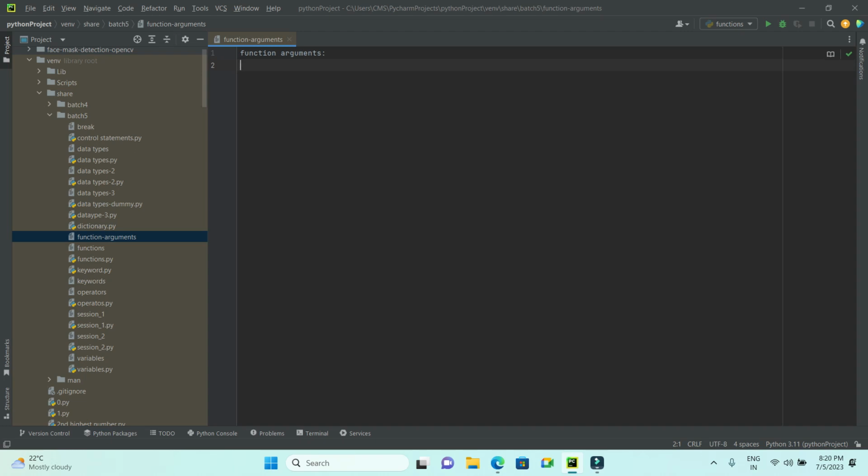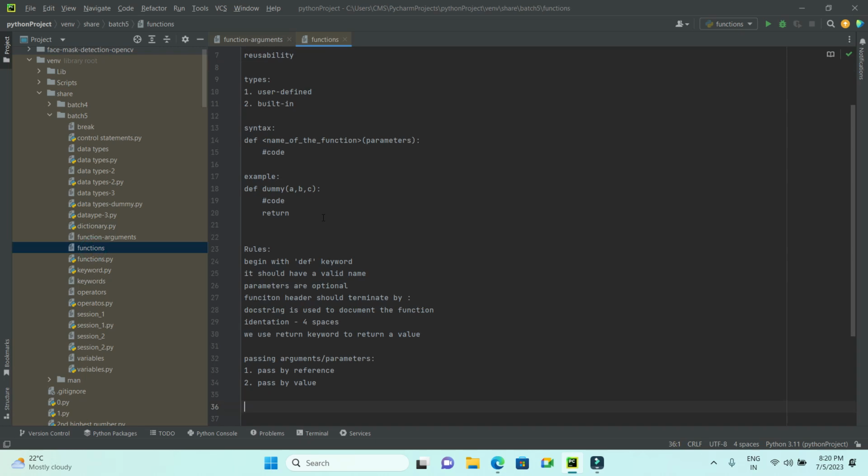A function is declared with the def keyword and the name of the function, and then open and close parentheses. Then we'll have the colon, then the code inside of the function. So inside of those parentheses, we'll have the arguments. There are four types of arguments. So before getting into arguments, let me show you the